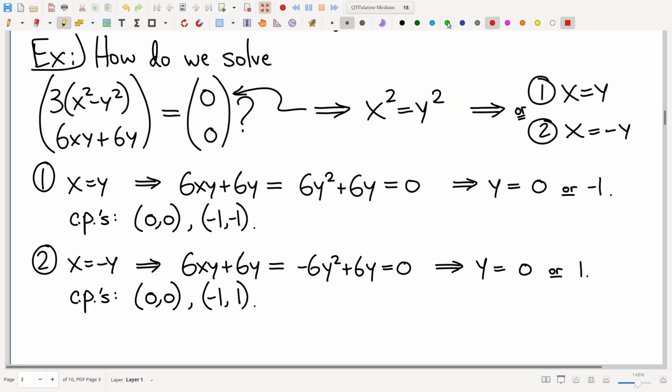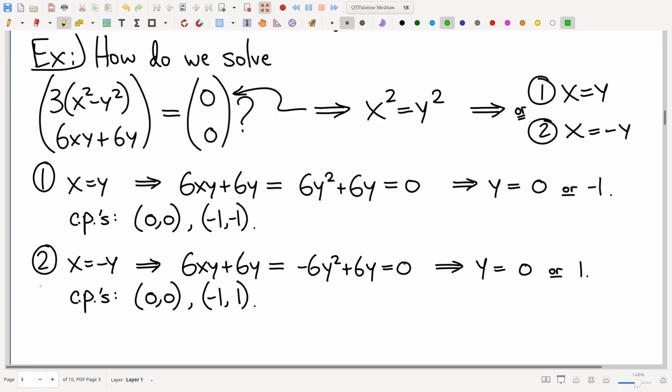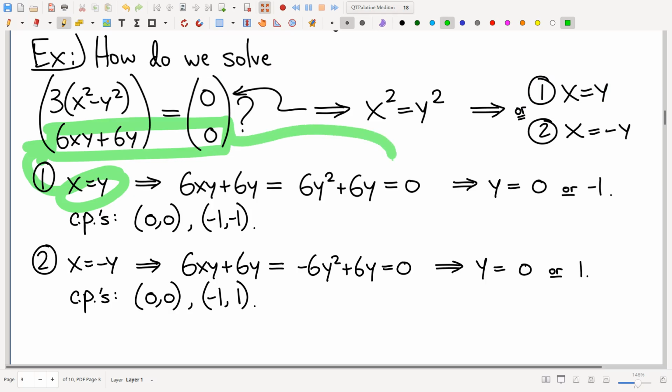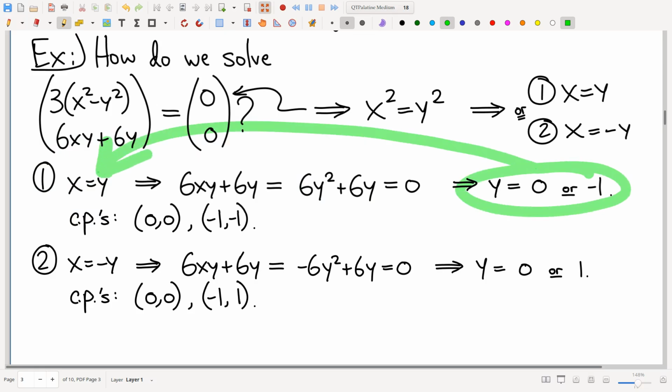So, for example, let's start with this first case here. If x is equal to y, well, you can take this, plug it into that equation, it becomes that, and you can solve for y. No problem. And of course, keeping in mind that this is in consideration of the case where x equals y, you can solve for x, and that gives you 2 critical points. And again, a lot of students would stop here and declare victory and move on to the next question,